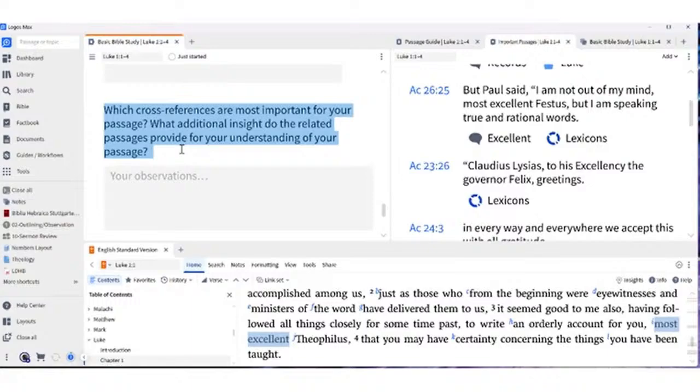But the application, what does this passage mean to me? It's only as I understand what the passage meant for the original audience that I can rightly apply it to myself. And we're not just putting down everything, but we're being specific here to what passages are most important for your passage. You'll get into this in another video, but